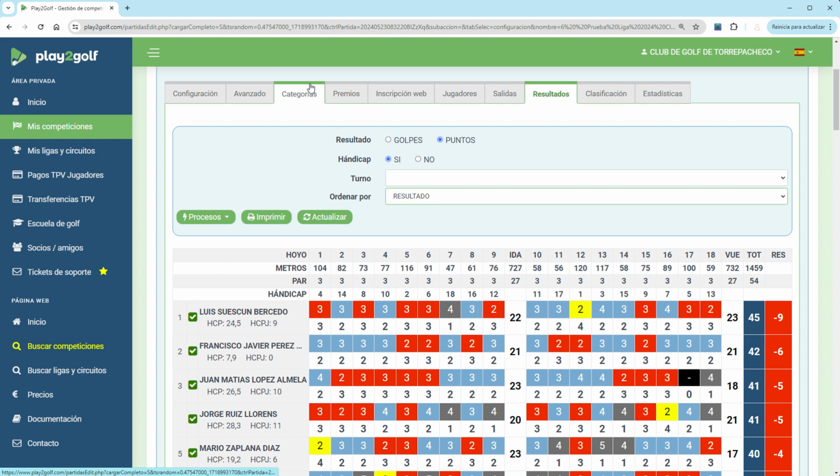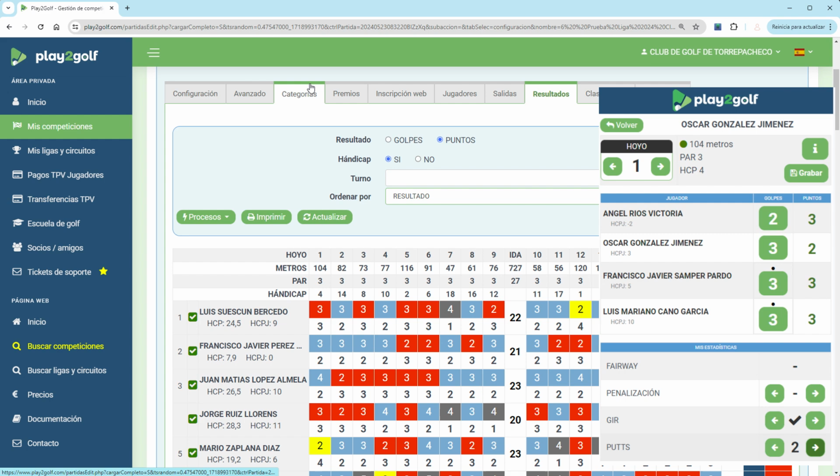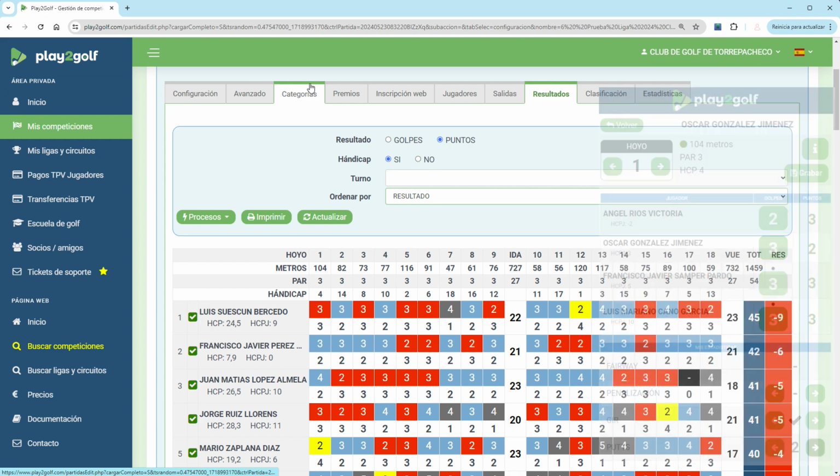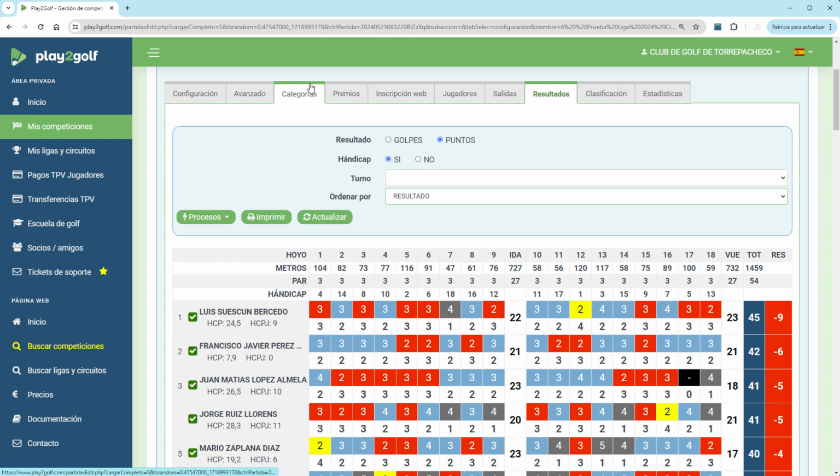Players will be able to enter their results through the Play2Golf eCard, and they will be automatically saved in the Play2Golf database. When the competition is over, as the Golf Federation does not yet allow us to interconnect data with them, and the DataGolf program does not allow us to import the results either, we have to enter them manually.